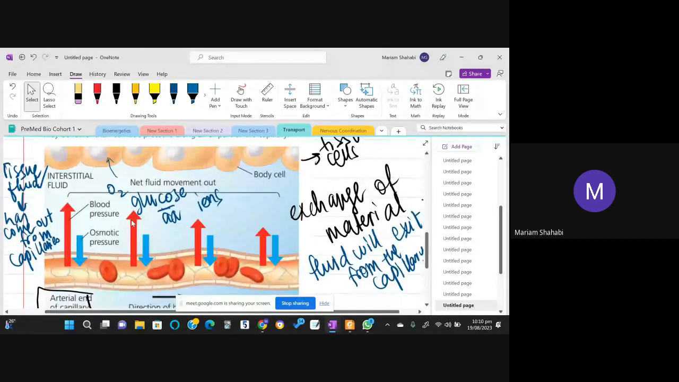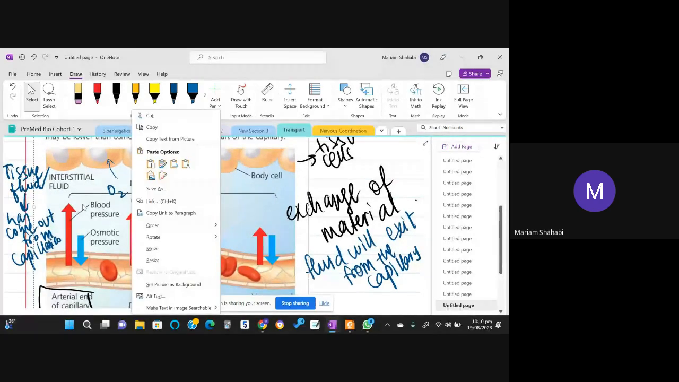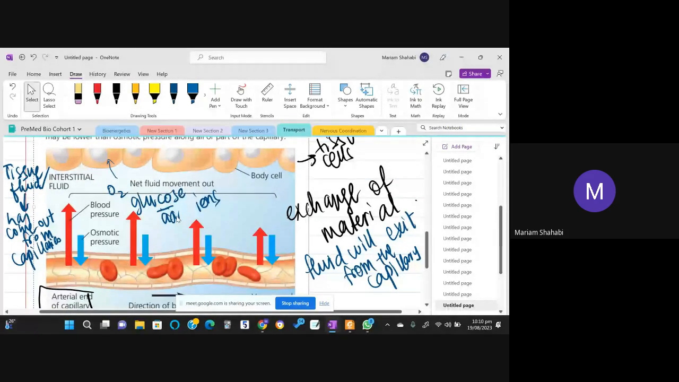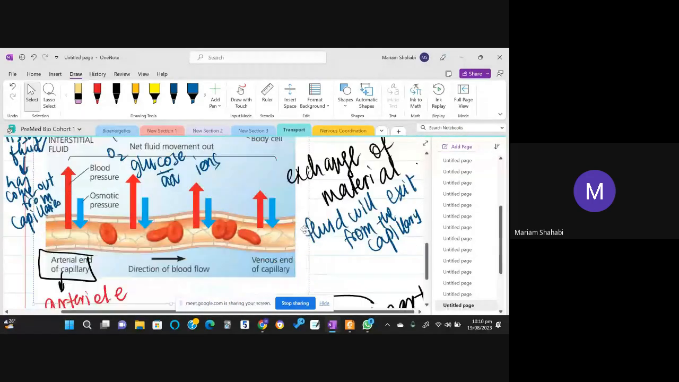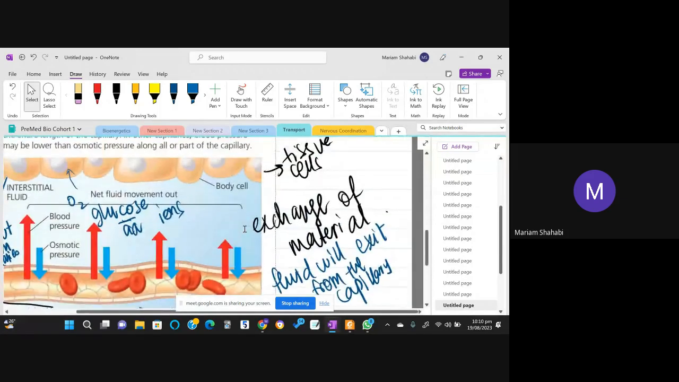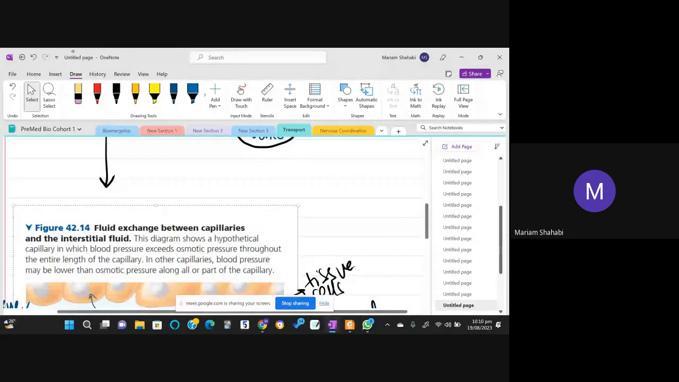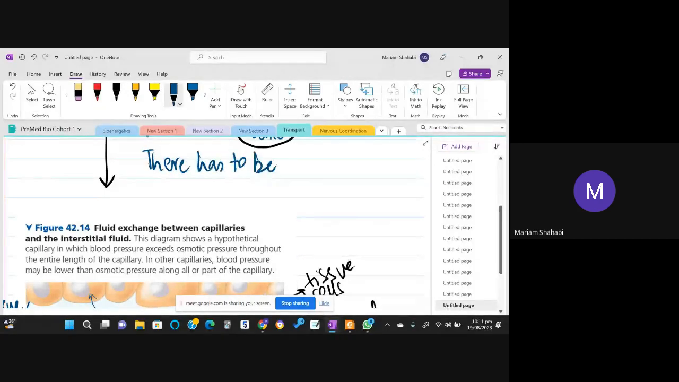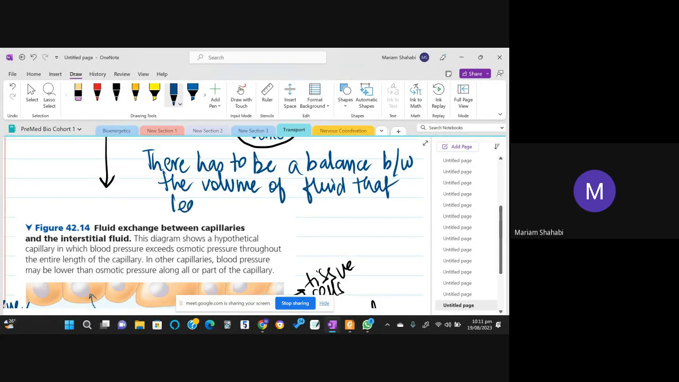अब the thing is कि fluid निकल रहा है, but इस fluid को वापस भी जाना पड़ेगा क्योंकि it has to be returned to the blood as well in order to maintain normal pressure. There has to be a balance between the fluid that leaves the capillaries. I'll write it down. There has to be a balance between the volume of fluid that leaves the capillaries